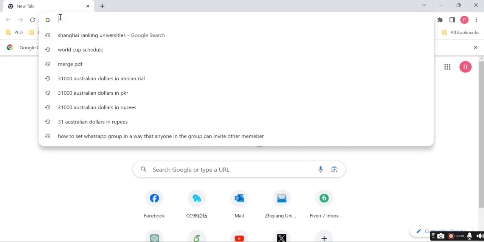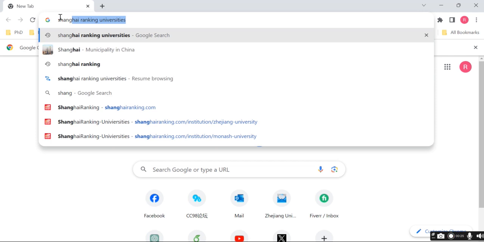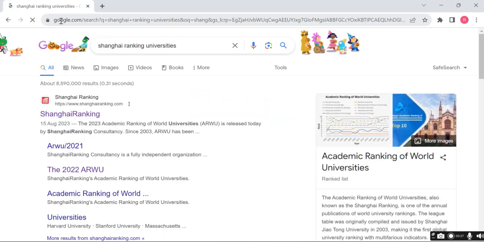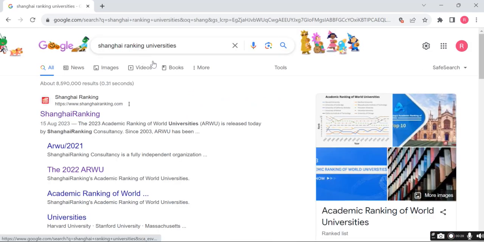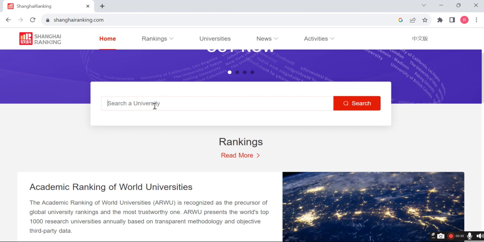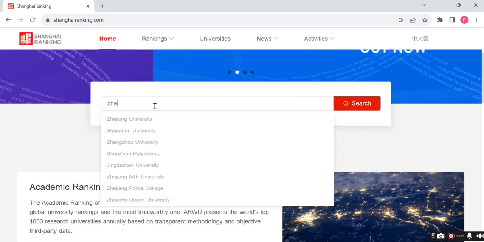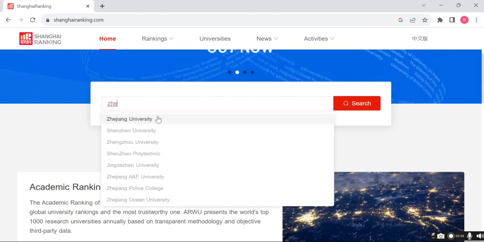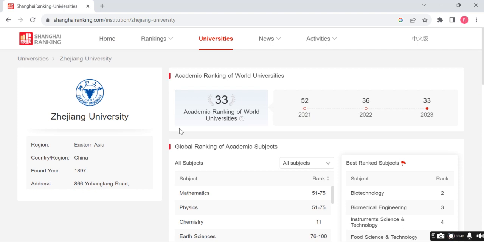We'll come here and search Shanghai ranking universities. After you search the Shanghai ranking universities, then you will come here and you can see Shanghai ranking. Click here. Then you can search the university. For example, if you want to search Zhejiang University, you can see the academic ranking of world universities, it's